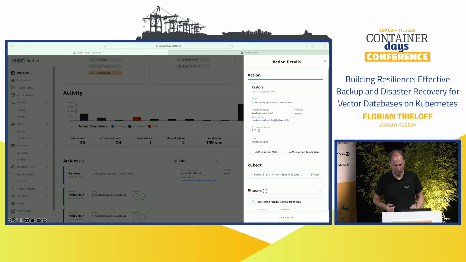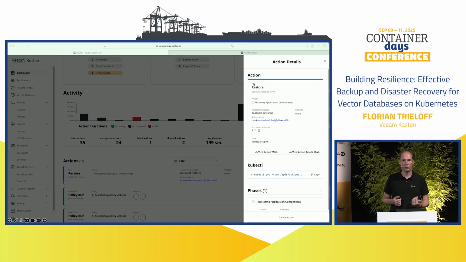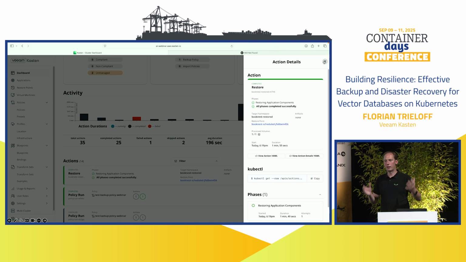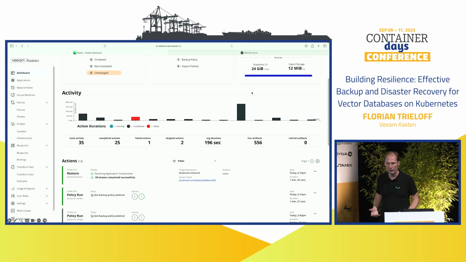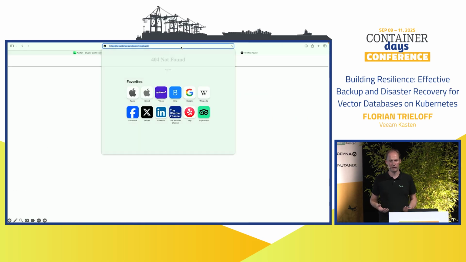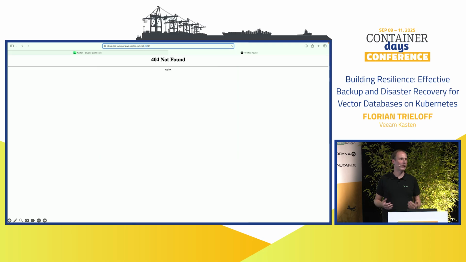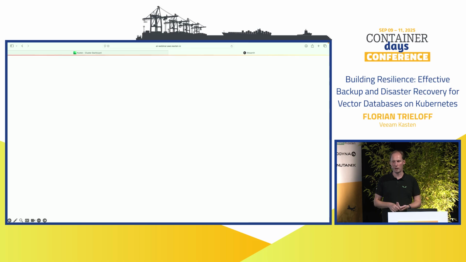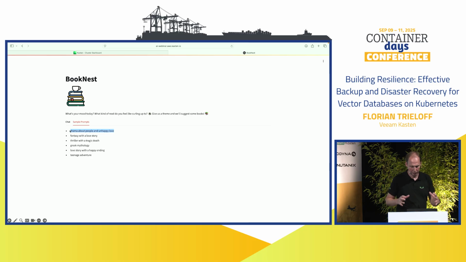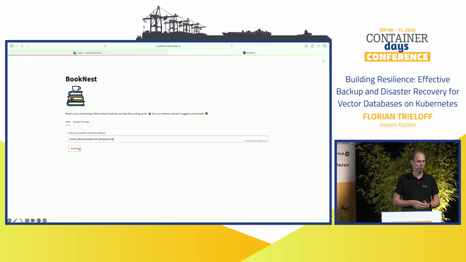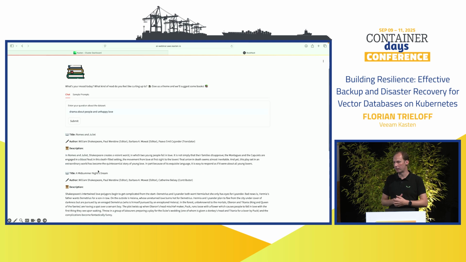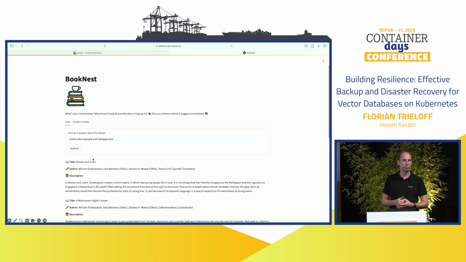So this is one example of how to do this with a pgvector database here. The most important thing is that you have to think about how to protect your application here and to protect your database. It can look completely different for another database. There will come up new databases, new versions and so on in the market all the time. But this Kanister framework can be used for every database here. It can be used for any kind of application you want to protect here.